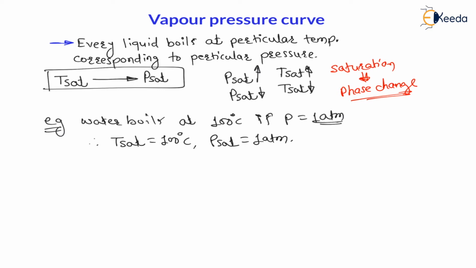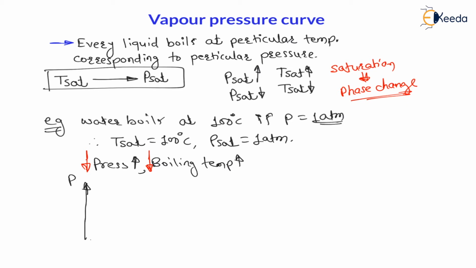That means we can say, if pressure on the substance increases, then its boiling temperature also increases, and vice versa. That means if pressure on the substance decreases, then its boiling temperature also decreases, right? Similarly, therefore,